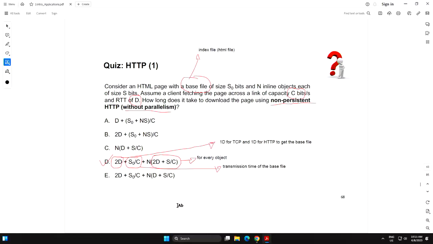Do you have any questions how we got this? Okay, very good. So the subsequent ones will be easier. I took some time because we need to understand how it works.